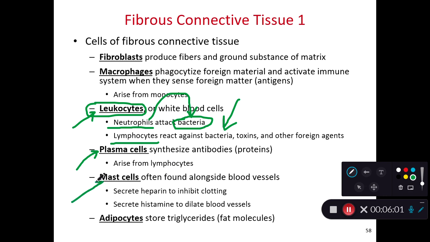We also can have mast cells. And when we think of a mast cell, I want you to think of a cell that can inhibit clotting or dilate blood vessels. So this is a cell that is involved in some of the inflammatory responses in our body. And if we have an allergic reaction, it's oftentimes linked to a mast cell gone wild or a mast cell that's run amok. And these cells are secreting too much heparin, too much histamine,